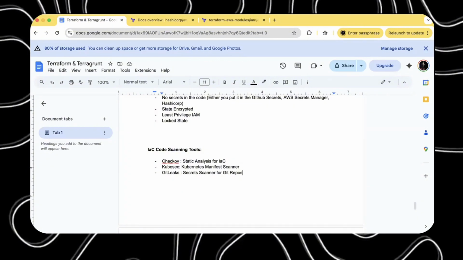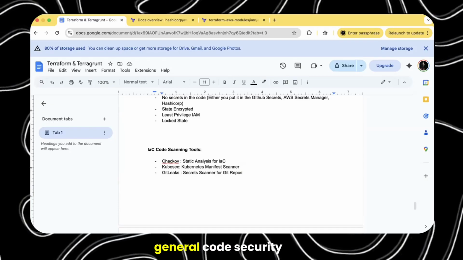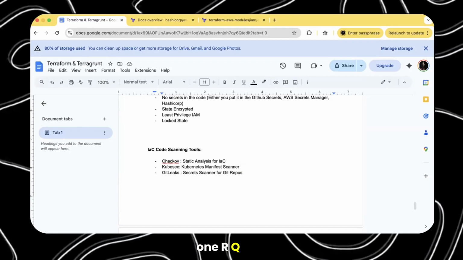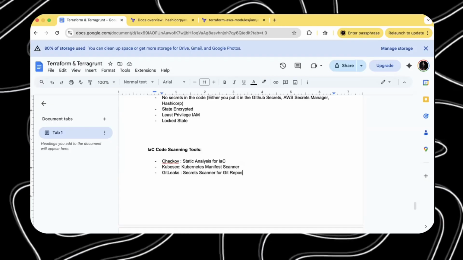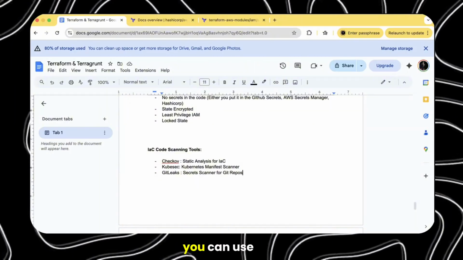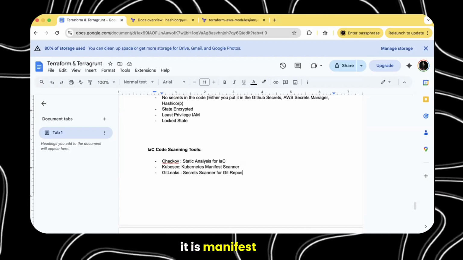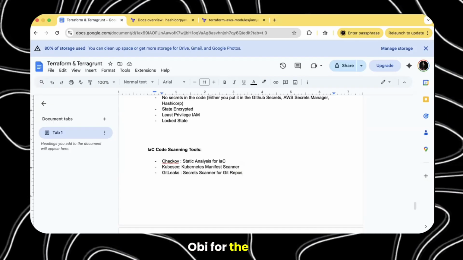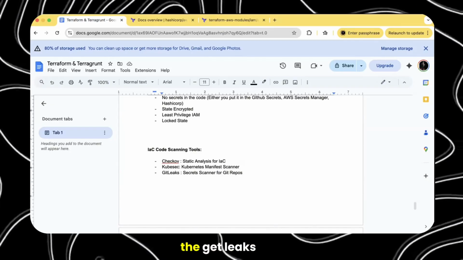So when we talk about tools, for general code security you normally use SonarQube and other things. For IaC scanning, you can use Checkov, and we can use KubeSec for the Kubernetes manifest scanner, and Checkov for static analysis of IaC. And for secret detection, you can use Gitleaks.